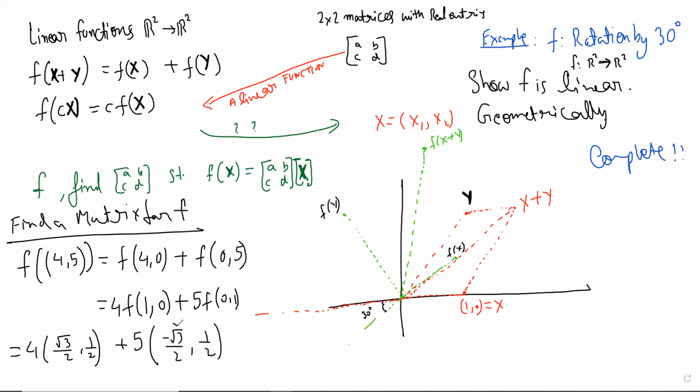This is cos and this is sine. So that's half. And this one is positive, root 3. Now you see, you just need these 4 numbers and these will be the entries of your